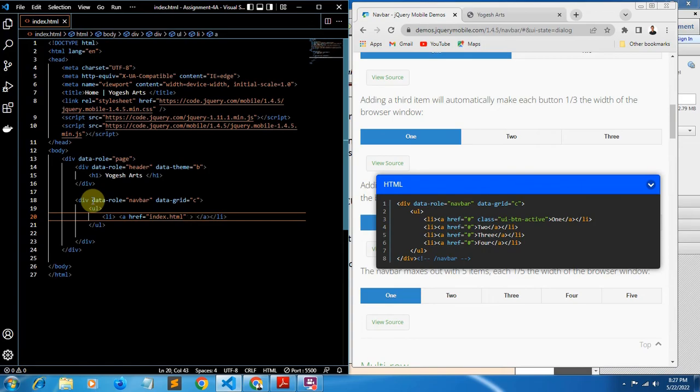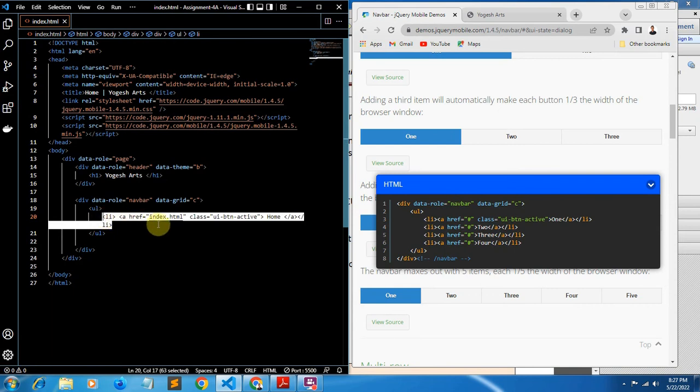Then I'll make it selected by default because I am on the home page only. So class equal to, in double quotes, ui-btn-active. Then instead of this one I'll write Home. Okay, so now I'll copy this list item 4 times